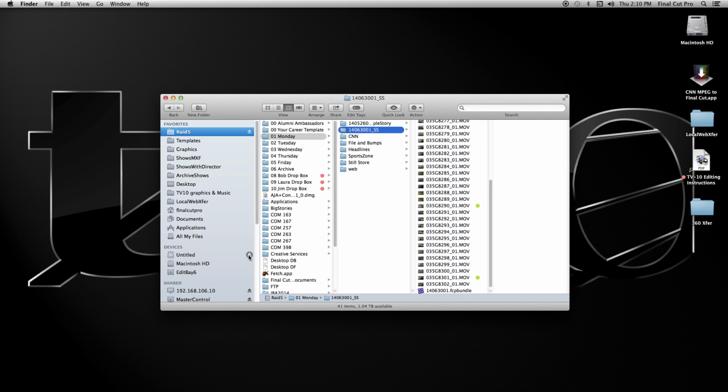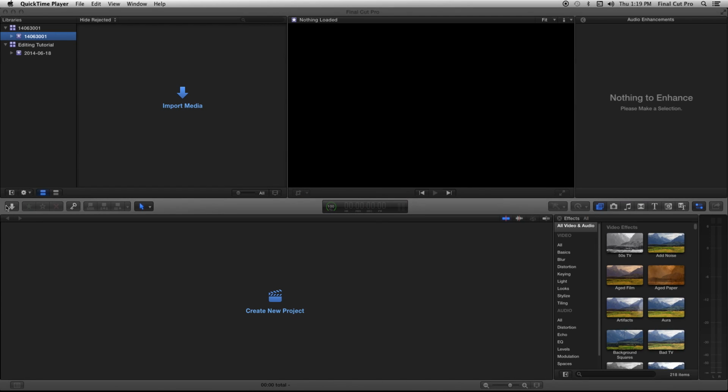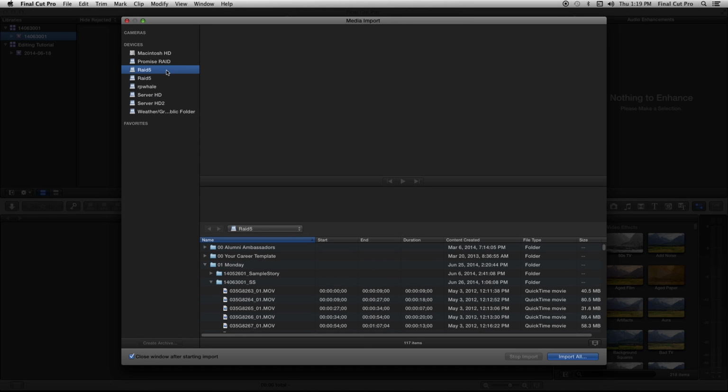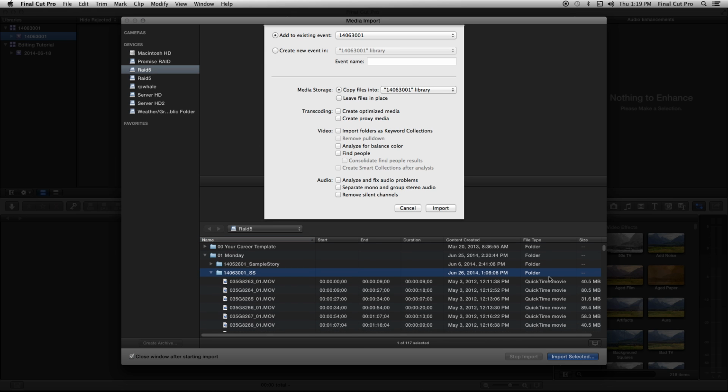Now go back into Final Cut Pro and hit Command I to begin importing your media from RAID 5. From the dialog box, navigate to the folder that you've created and click Import Selected. Okay, now be sure that you're adding the media to the event that you formerly created. And under Media Storage, choose Leave Files in Place. Be sure that the other boxes are checked, just as we're doing here,